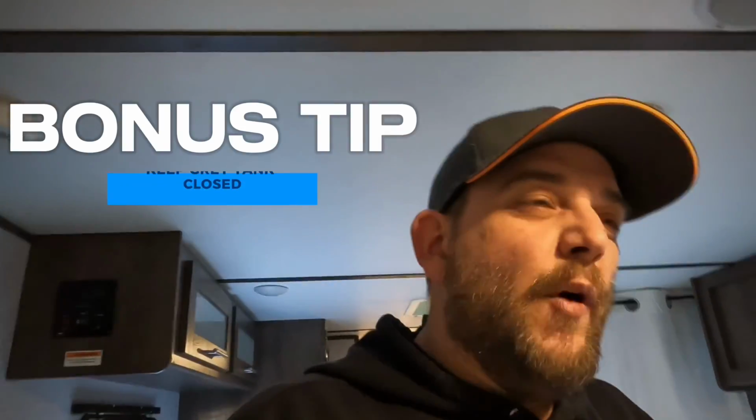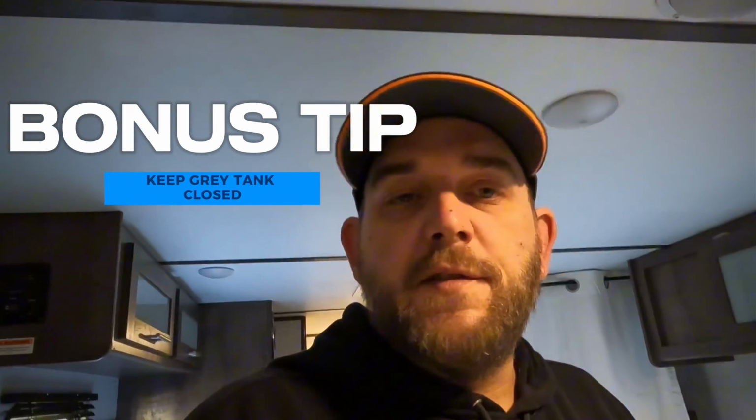So kind of a bonus tip to keep in mind too, if you guys are set up on a full hookup campsite, make sure you're keeping both of those closed, even the gray tank. I know a lot of RVers keep that gray tank open, but again, you're going to have a lot of hair or toothpaste or food particles or stuff like that that's going to go down into the gray tank, and you really want that full to kind of get that big swoosh to come through and push everything out towards